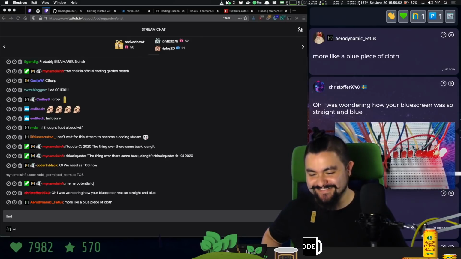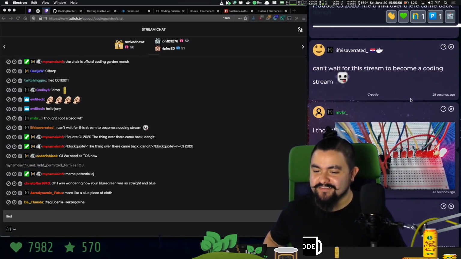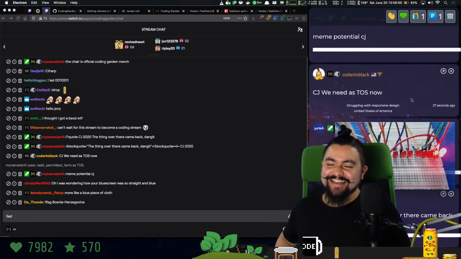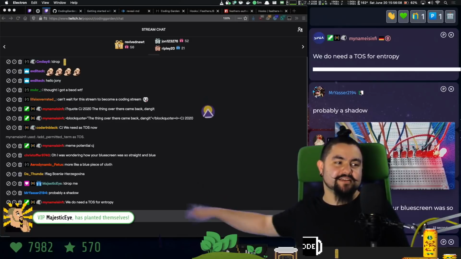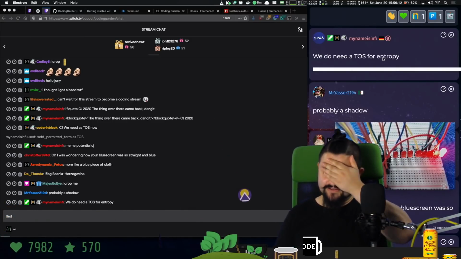Yeah, you're right. We need terms of service now. I can't wait for the stream to become a coding stream. You're not the only one. Yeah, all right. It is a shadow of some kind, but I can't really see it. It's fine. Let's start coding. Yeah, we definitely need a terms of service, but